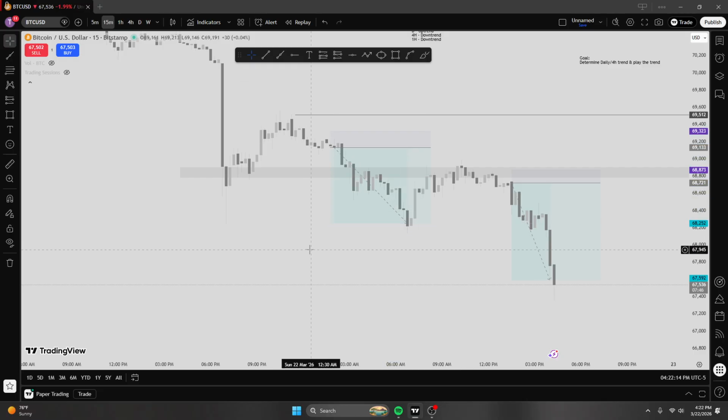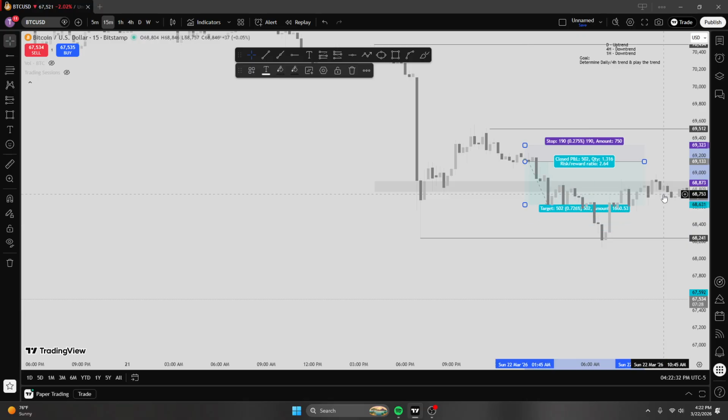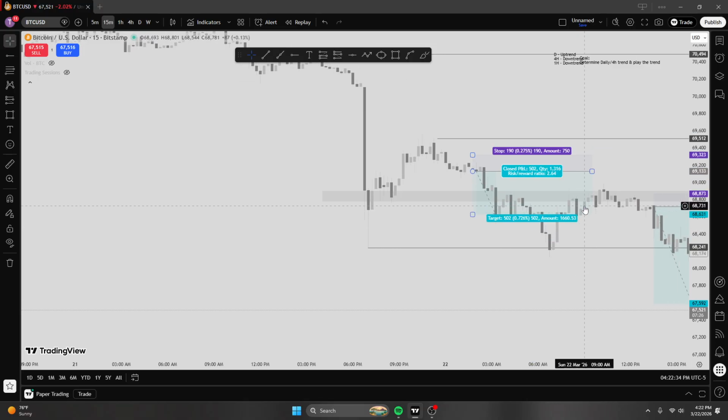But yeah, we hit this mark and we didn't sell, even though it swept these lows. Alright, let's pretend none of this happened. So we hit these lows. I woke up at 6:30, 7 o'clock. I wake up like at 8:30 and price is up here. And then I closed out for like a small amount, opened a long, took the loss in a long because